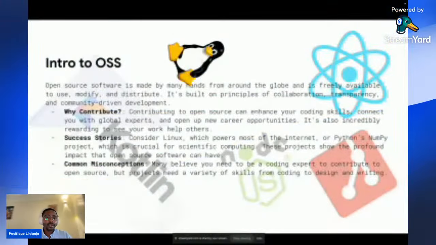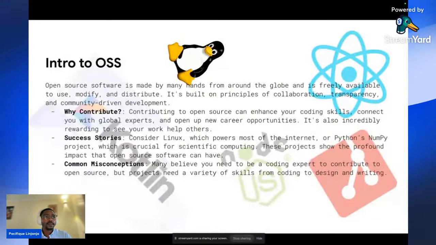It can be a typo. It can be a sentence that doesn't make sense, and you can just go ahead and report that bug in the React repository. You don't actually need to be an expert. So this is something that we really need to know.